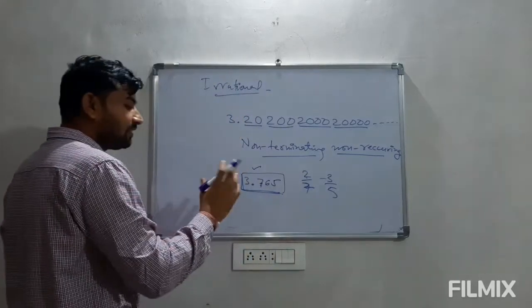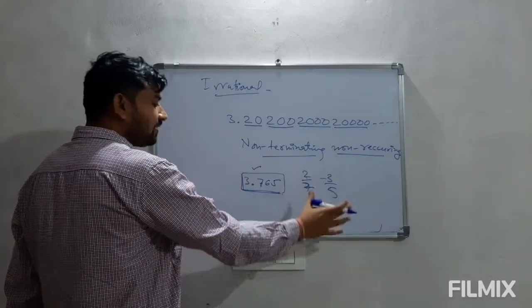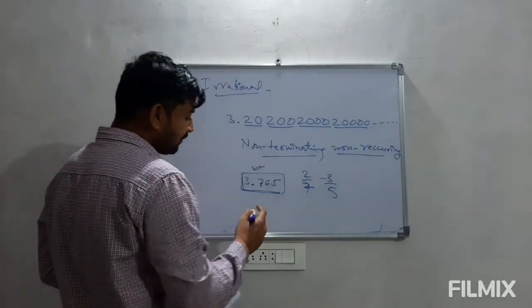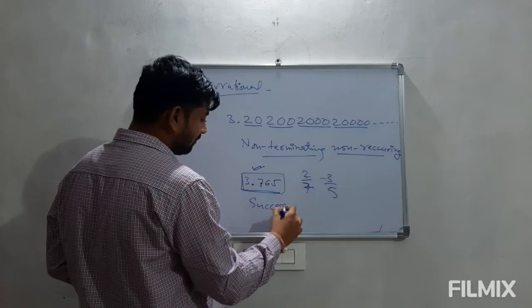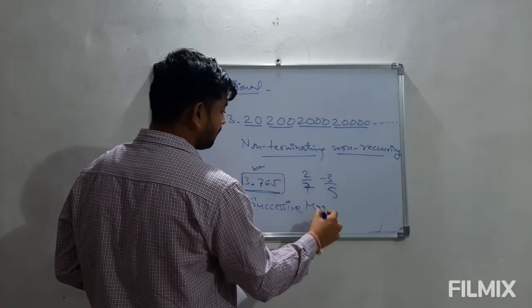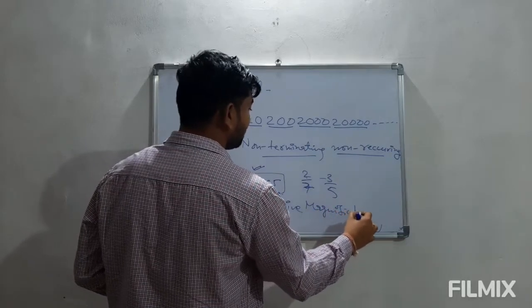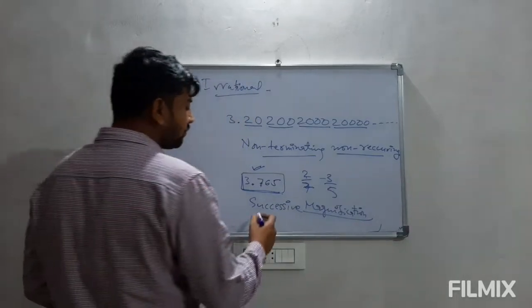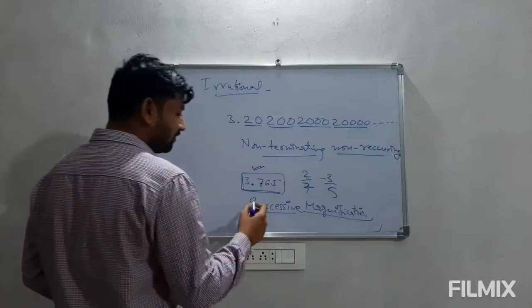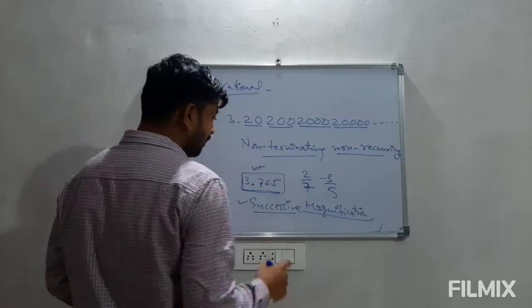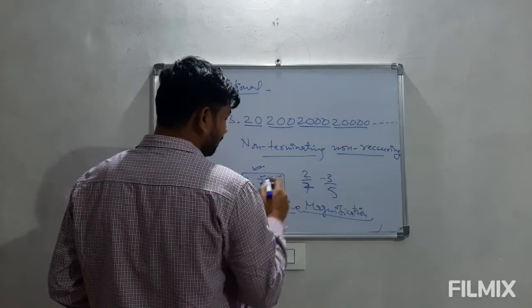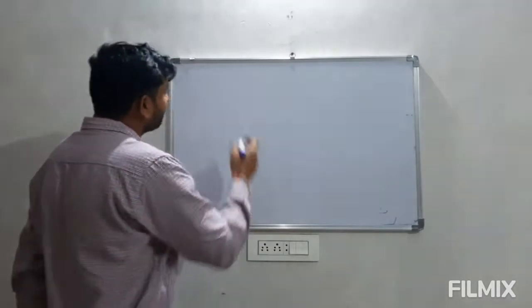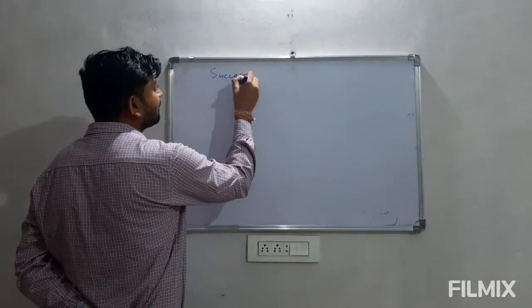How we represent, whether it is a part of a rational number or irrational number, we can represent them on number line. So this is another way which we will discuss, that is called successive magnification. Here we will be using a magnifier, which you must be knowing, it is very common for the students. So that method is called successive magnification, where we will get these digits of decimal part in this number one by one. So now let us come to the next segment, that is successive magnification method.